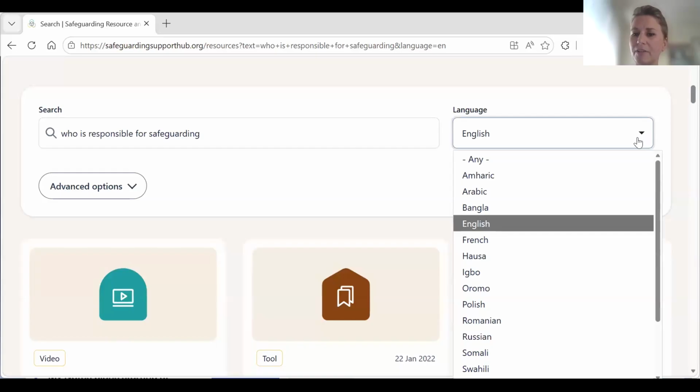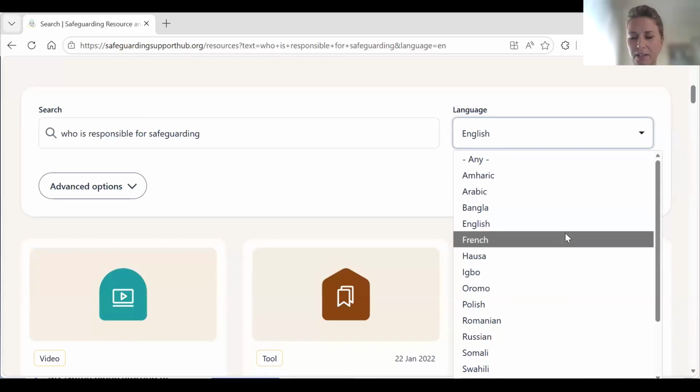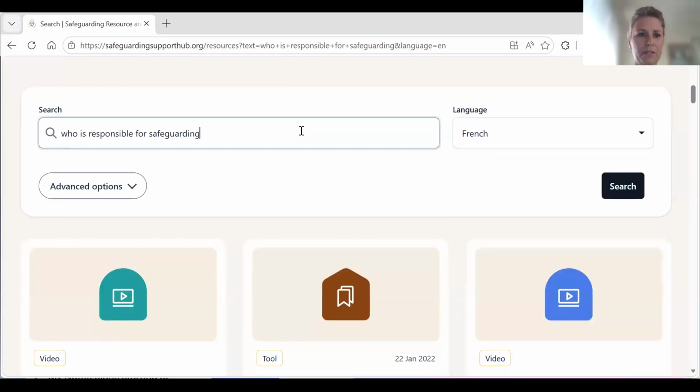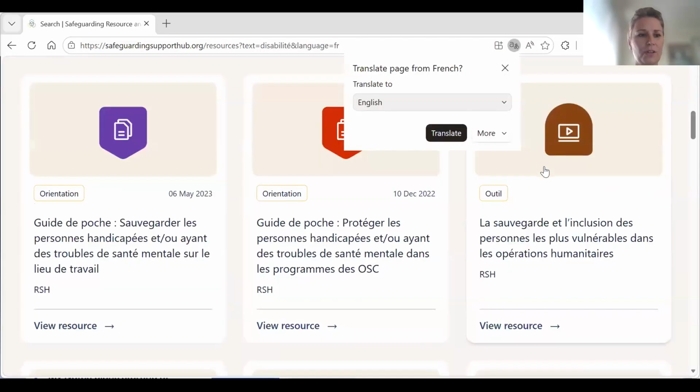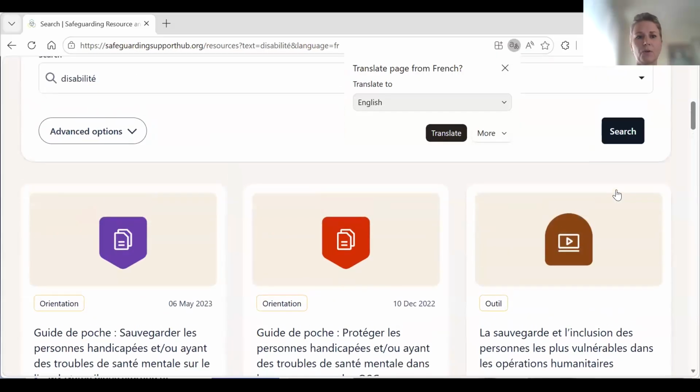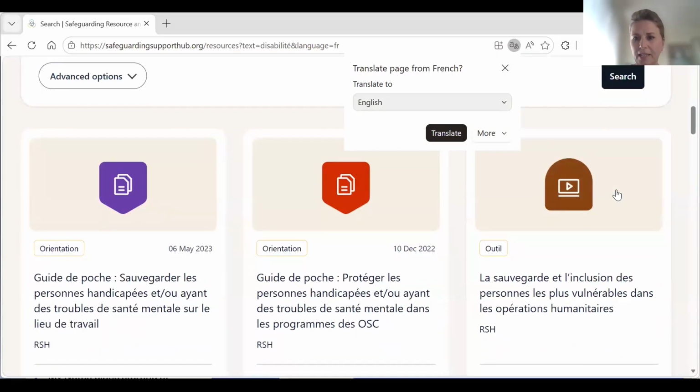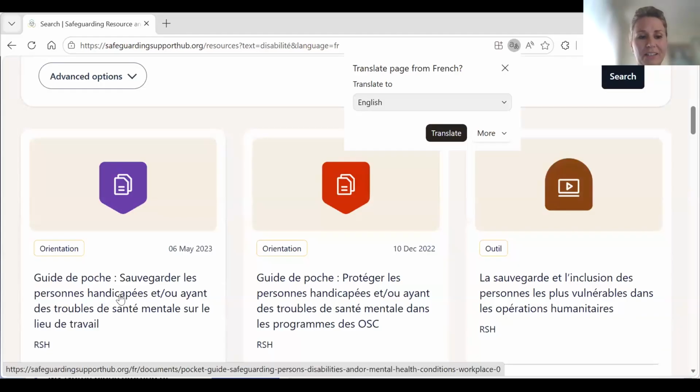It does work in multiple languages. So out of all these languages, French is the only one I'm somewhat familiar with. So I'm going to type a French word to demonstrate, which is disabilité, which means disability. So let's see what that search term will result in. So indeed, it gives me resources in French languages that are related to disability, disabilité, or personne handicapée.